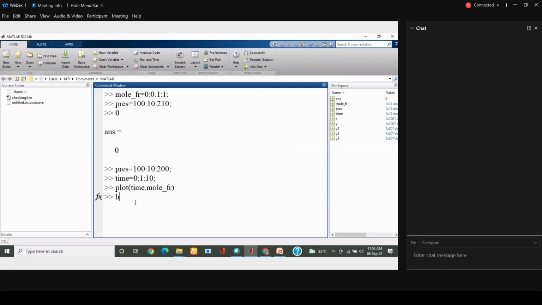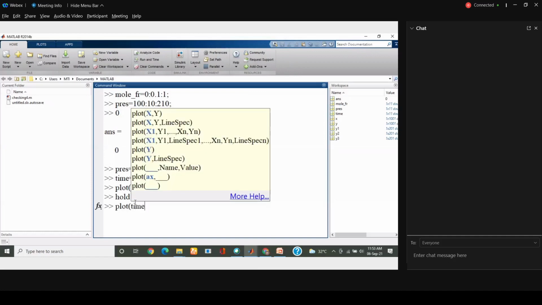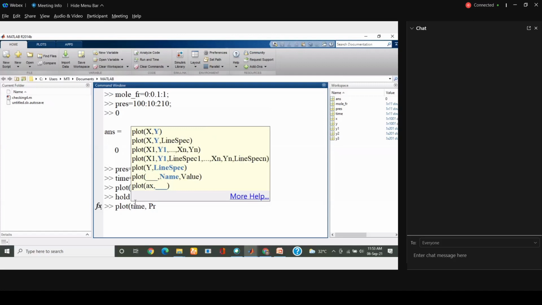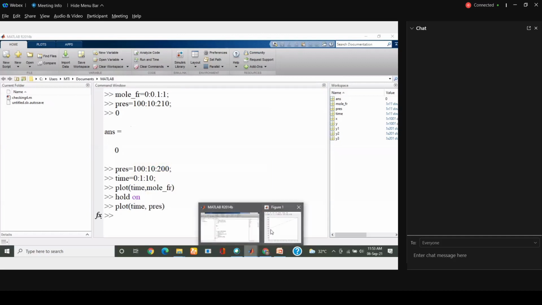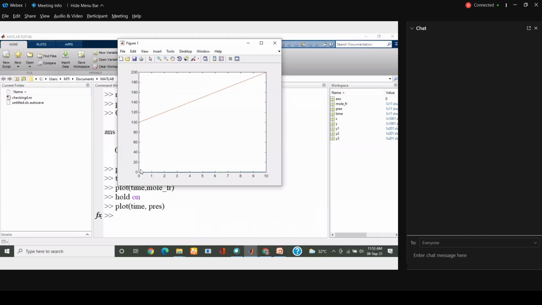Now let's say hold on. If I did a hold on and then plotted my time versus pressure, look at this. The mole fraction is here not even visible. Correct. So to overcome this,